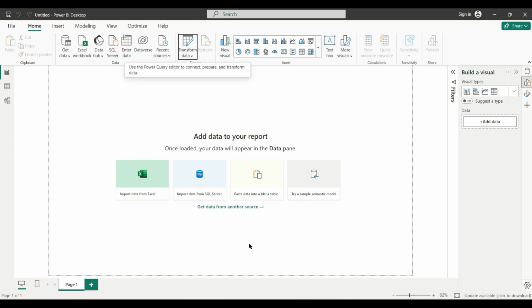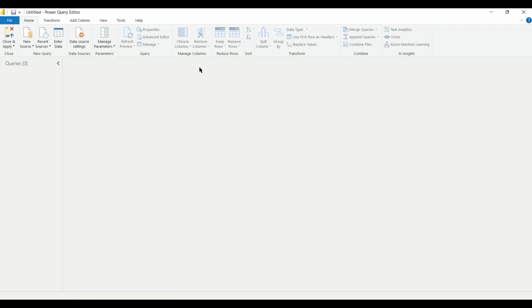Now here you can see I have opened the Power BI Desktop application, and in the Home tab you will get this option, Transform data, to open the Power Query editor. Just click on this and go to Transform data. Now the Power Query editor will open. Now we have to import the data here. For that, go to Home and click on New Source, and we are going to import the Excel file. Just click on that